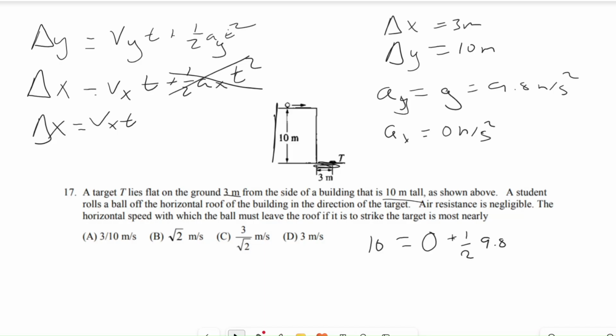So then we'll just multiply this by t squared, and t squared is what we don't know, so we'll keep it as that. Now, when we do this, we're going to do 1/2 times 9.8, which gives us 4.9 t squared is equal to 10. We'll divide by 4.9 on both sides, and then take the square root of both sides, because we have t squared, so that's going to get rid of the square. So then that gives us the value of t is equal to